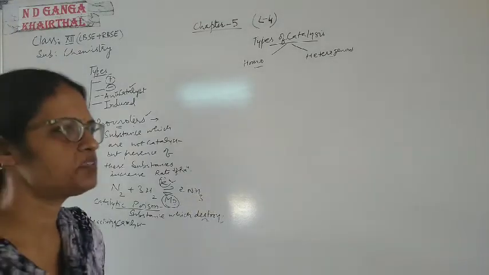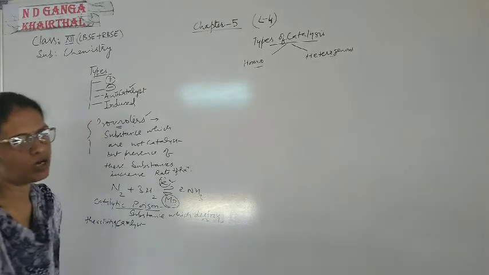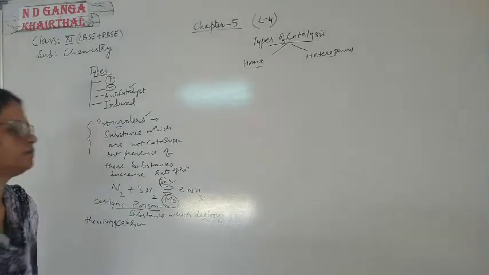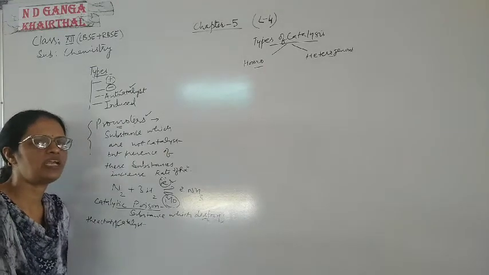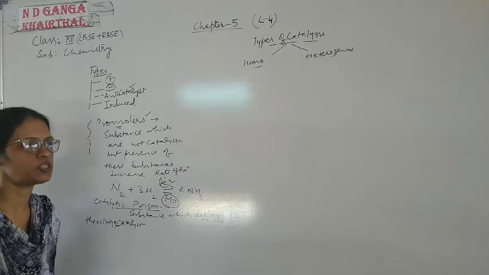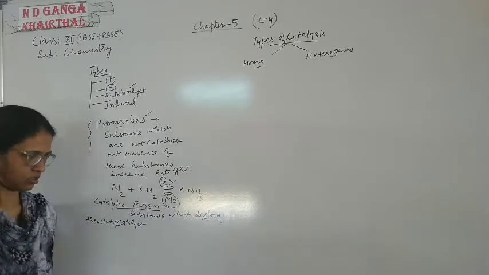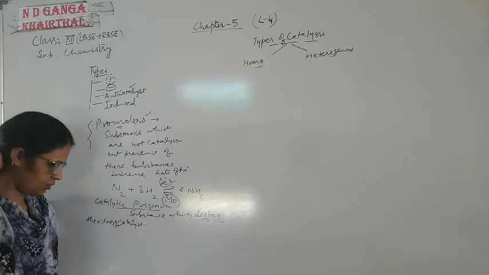देखिए जो surface chemistry है, in this chapter we have discussed about the adsorption. What is adsorption? What is adsorbate, type of adsorption, what is positive adsorption, negative adsorption, factors affecting adsorption, and Freundlich adsorption isotherm.